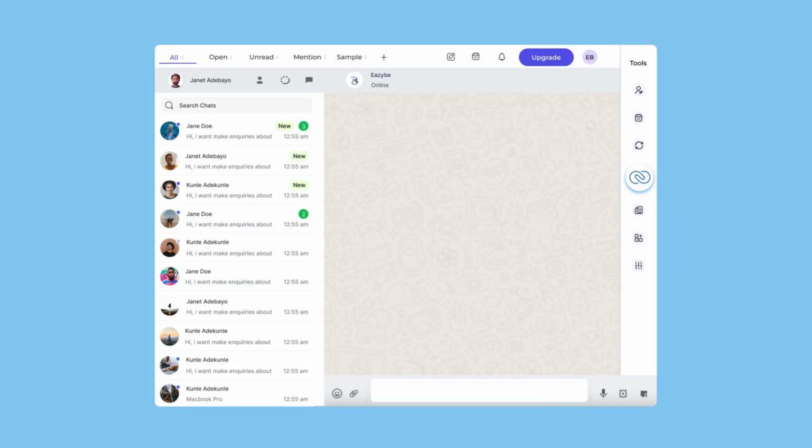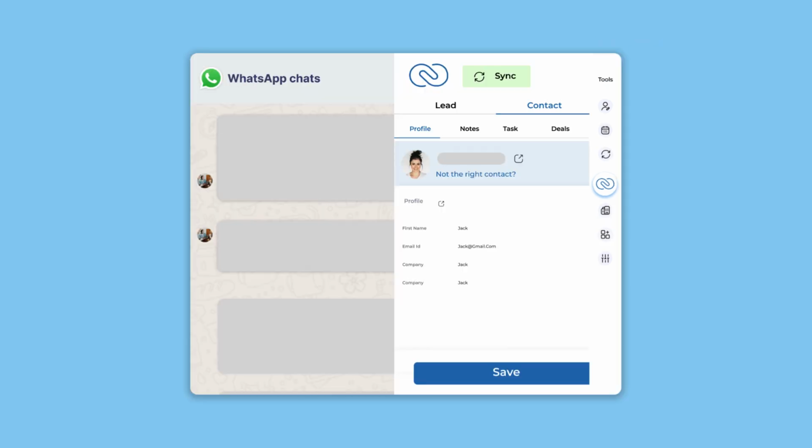Imagine you're in WhatsApp, chatting with a client. With our extension, you can now interact directly with Zoho. If you need to check something in Zoho, just click the extension button, go to Zoho. You can smoothly switch from WhatsApp to Zoho and back. For example, if you're chatting with a client and need to access their Zoho details, one click takes you right